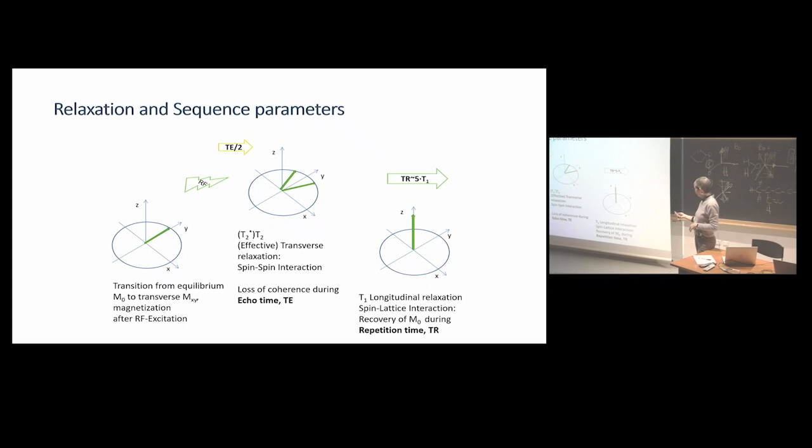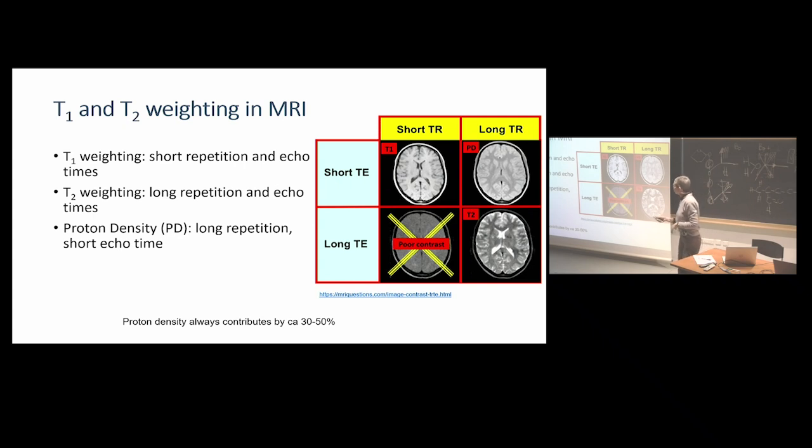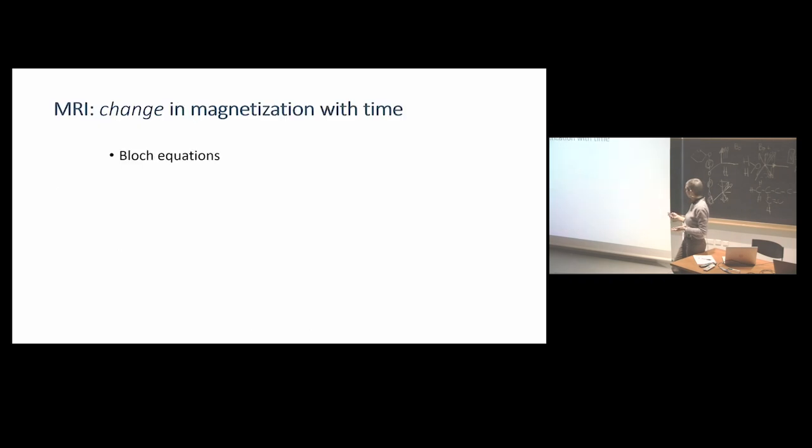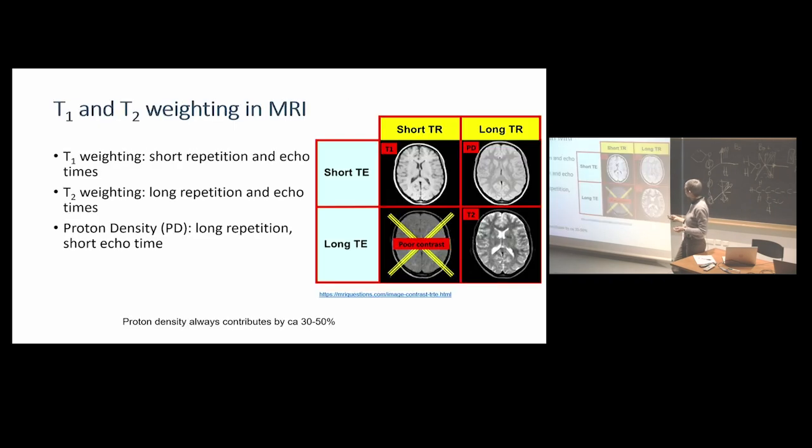Okay, so we have exactly the transverse magnetization, which we can observe, and we can observe how these interact. But we can also indirectly observe this T1 relaxation by applying some tricks. So we have a whole palette of different contrasts that we can get out, and these are the typical ones that you would see